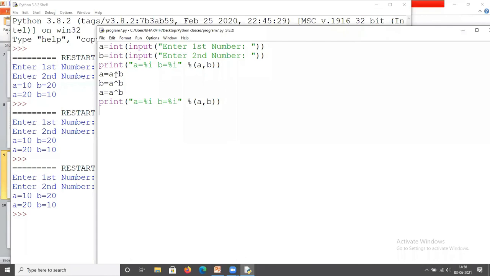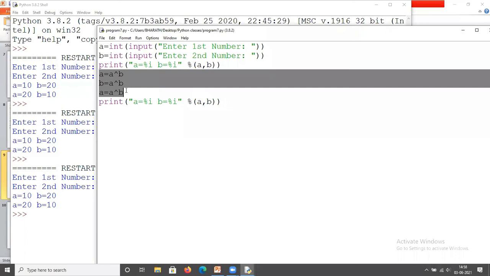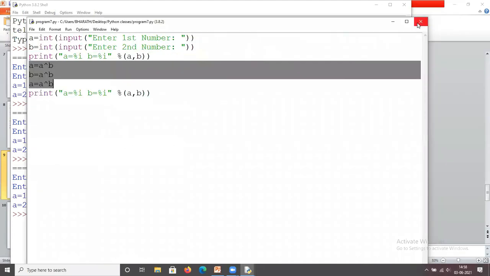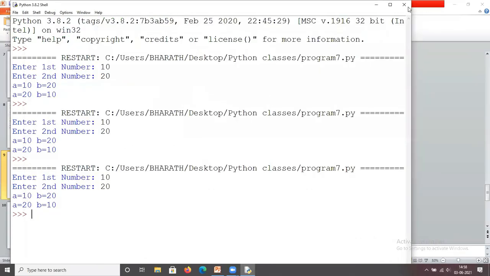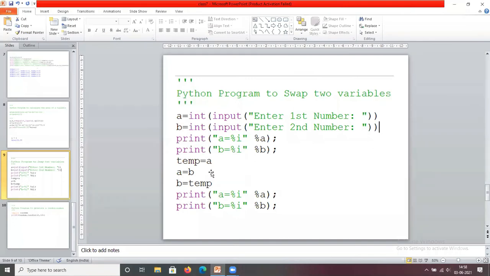So for swapping of two numbers, first we see the swapping with the help of three variables. After that, by using one instruction we swap. After that, by using addition and subtraction we swap. By using multiplication and division we swap. And by using XOR also we swap the integers. I hope you all understand how to swap two variables.